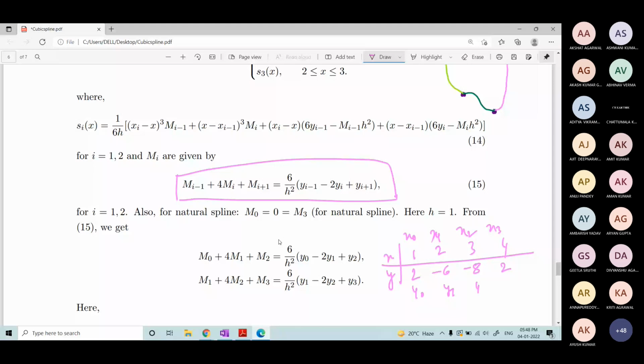So two equations, two unknowns. First find out the equations. So m0, which is 0, so I can remove that part. 4m1 plus m2 equals 6 by h square